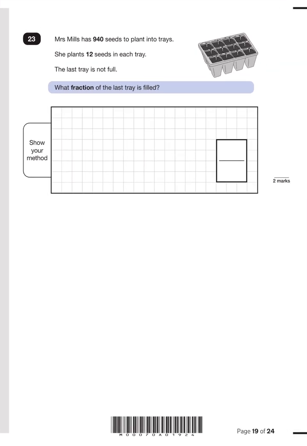Number 23. Mrs. Mills has 940 seeds to plant in trays. She plants 12 seeds in each tray. The last tray is not full. What fraction of the last tray is filled? So 940 seeds, and she plants 12 seeds in each tray, and the last one is not full. So we need to do a division here. 940 divided by 12. So our 12 times table, starting with 0, 0, 12, 24, 36, 48, 60, 72,